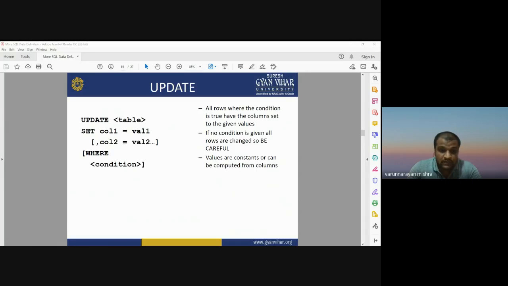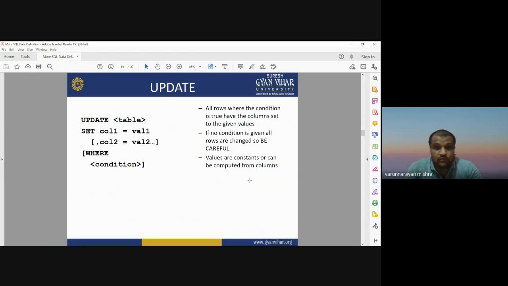Now if you have a table and you want to add something new, or if you want to change something in your table, that will be update. Update means you are going to change something in the existing value. So for that, you will write the command update, then the name of the table, then set, which means in what column you want to do the update.